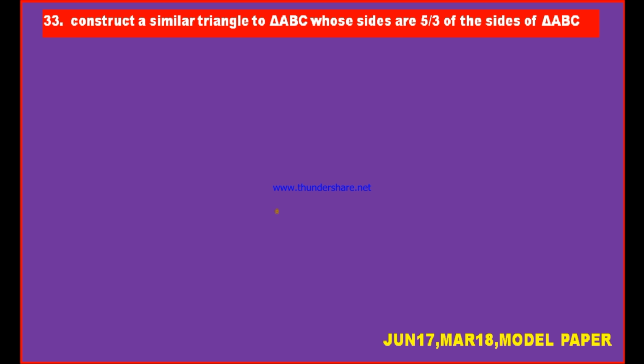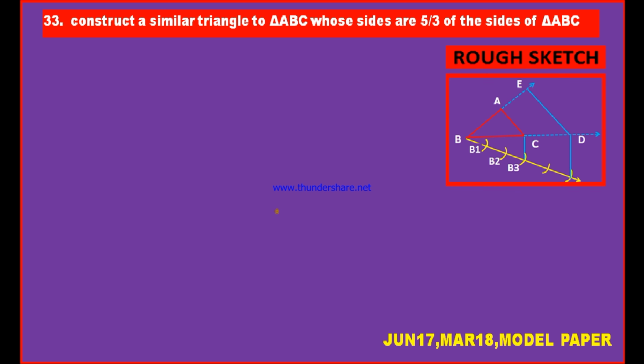Again, whenever you go for a construction, in the right hand side top corner there should be a rough sketch. We draw the rough sketch with ruler and scale, not with particular measurements. In this question, the measurements are not given for triangle ABC. Therefore, you need not worry about the measurements. You draw any triangle at your convenience. Here I took 3 points A, B, C. These 3 are the vertices of the triangle and we will join them. If we join these 3 points, then we get triangle ABC.